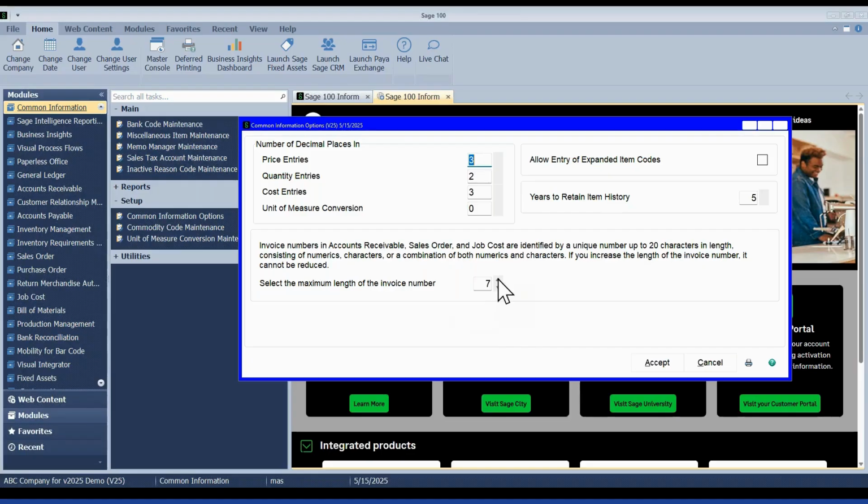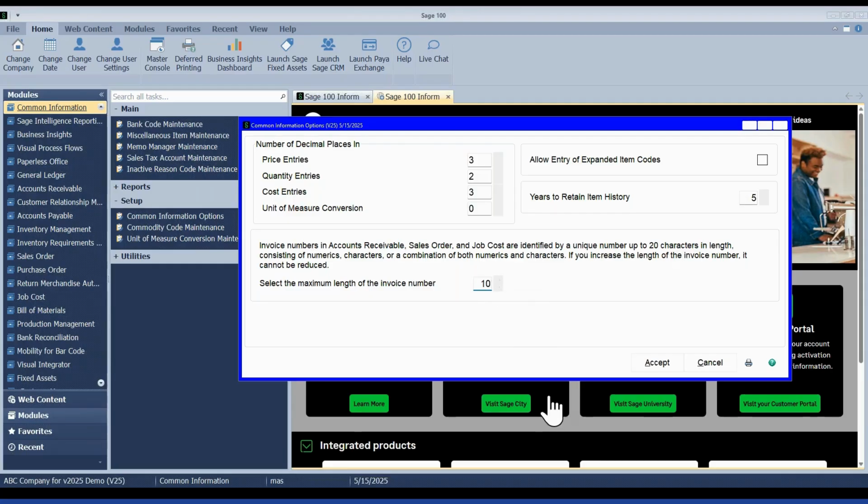If you do want to expand it, you would simply come in here. Now, we would definitely recommend this is an irreversible change. So if you're going to make this edit, I would want to do it either as part of an upgrade when you've got a test environment or in a test company first, just to try it out, make sure it really is what you want to do before moving forward. But you increase it up to what you want.